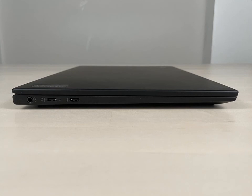You're not sacrificing performance to get that mind-blowing weight. The Nano kept up with our heavy testing workloads without